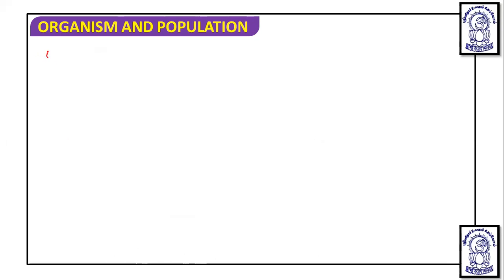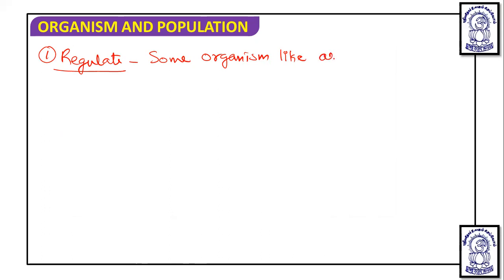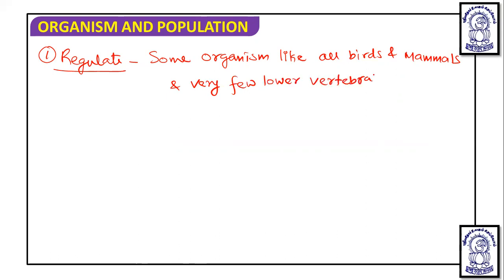If we talk about the first, that is regulate, it is known that some organisms like all birds and mammals, and very few lower vertebrates and invertebrate species